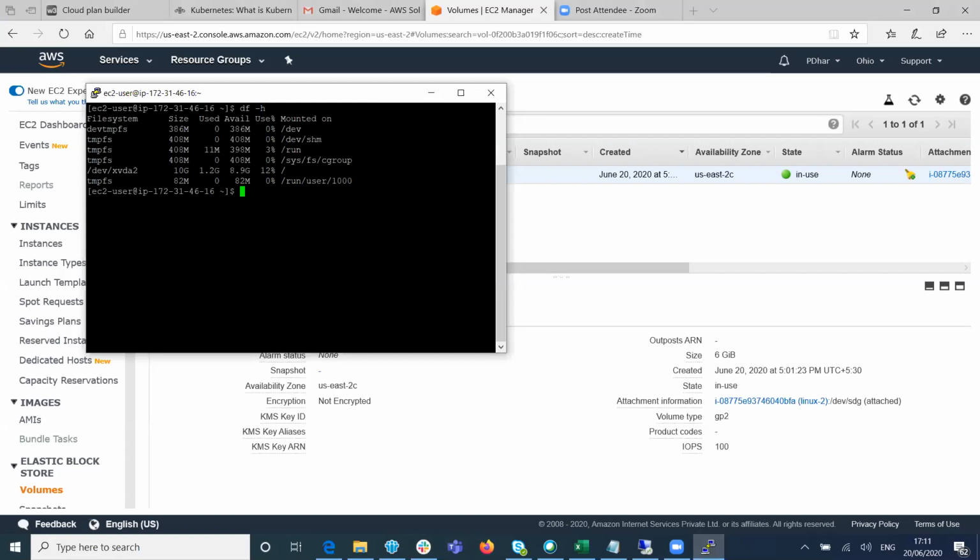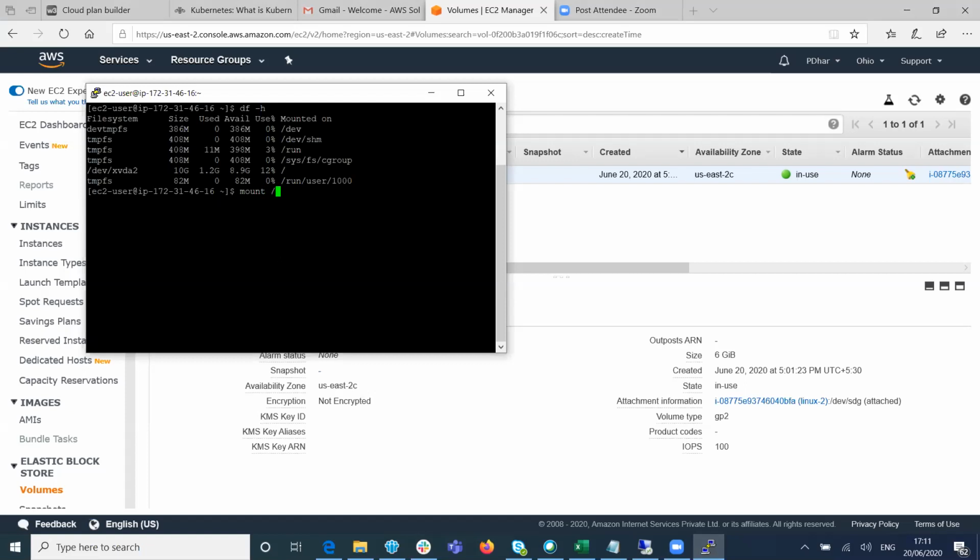Mount. Arvind, so to mount this one, is it? Yeah, mount. That cannot be done from the console? You can't, right? You have to format the file system, right?